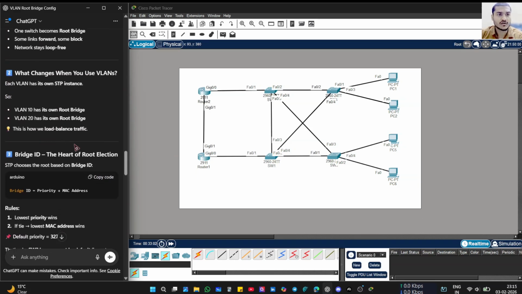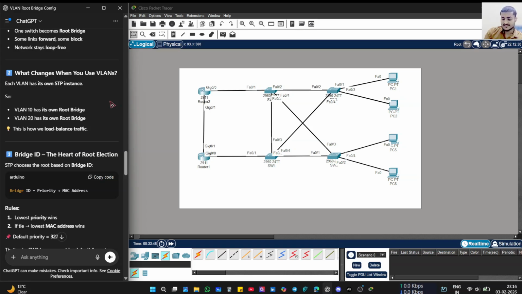Okay, so what changes when you use VLANs? When we use VLANs, what are the possible things we can do? We can overcome the load on the interfaces, or we can separately divide the traffic. We can balance the load by separating the VLANs onto different STPs. If I create one bridge for the primary,